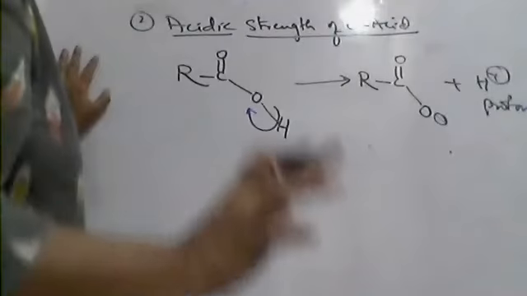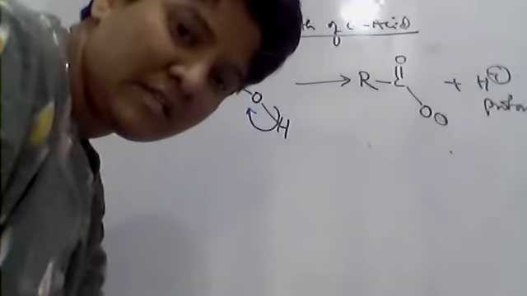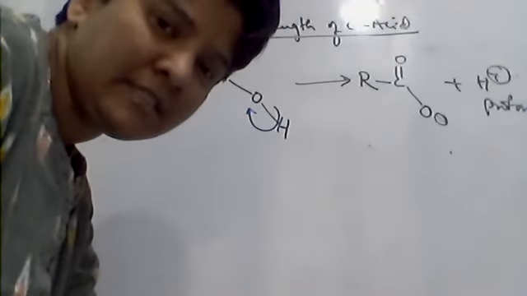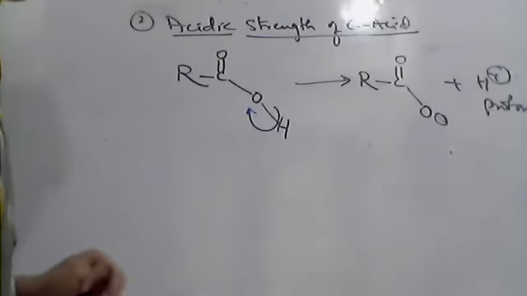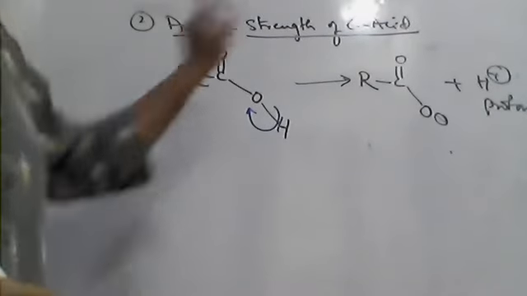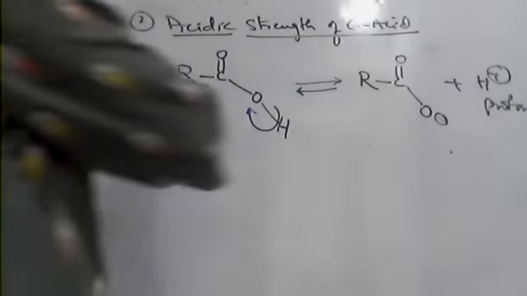But remember, the organic acids are weak acids. I hope you all know that. Acetic acid is a weak acid compared to sulfuric acid, hydrochloric acid. Yes or not? So the carboxylic acids are weak acids. The weak acids are always in equilibrium. It means the unionized and ionized forms of the acid are in equilibrium, in which both forward and backward reactions take place. So this is the dissociation of acid.